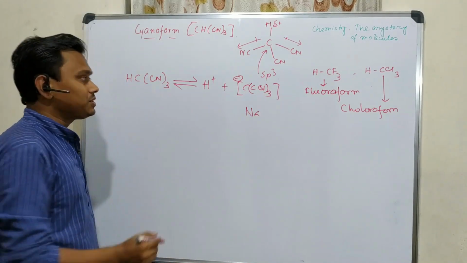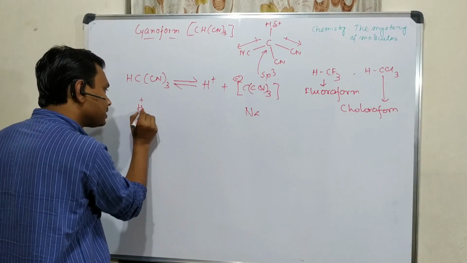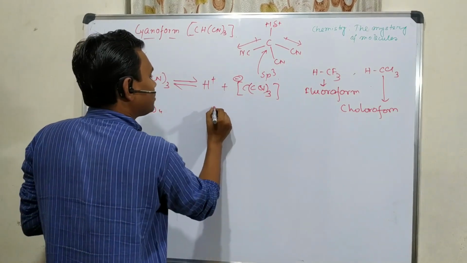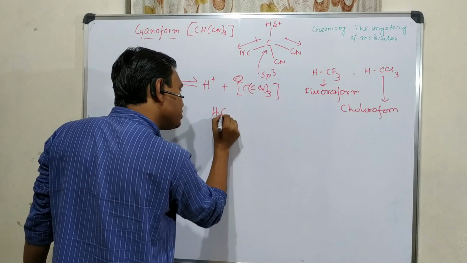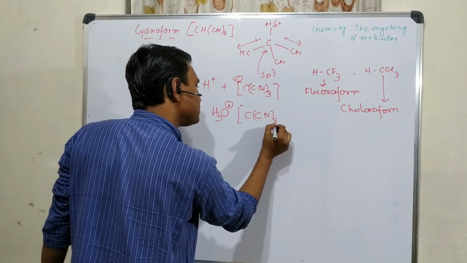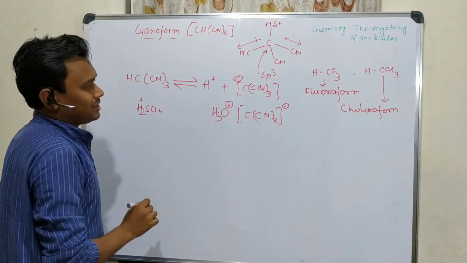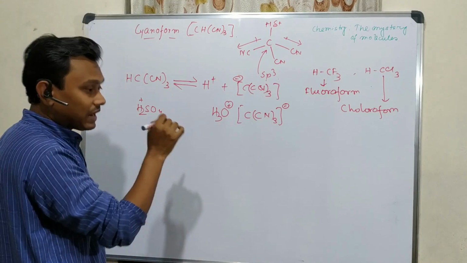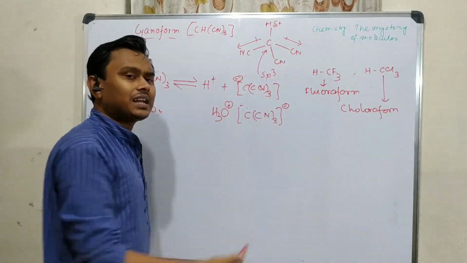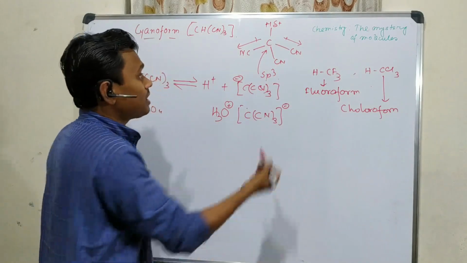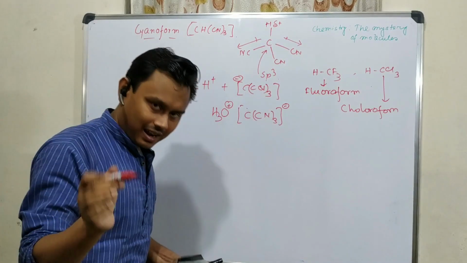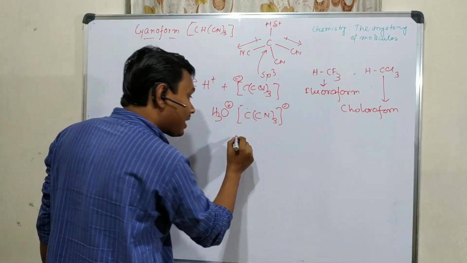And in the reaction with sulfuric acid, you have observed what is actually produced. This produces H3O+ C(CN)3-. Okay, it's a salt. Now, before getting the insight, see, it's a carbanion actually. Cyanide is a group which is covalently attached to carbon, so its charge is balanced. Actually, the negative charge is on carbon, but it is delocalized over the cyanide groups. I'll explain. So it is actually a carbanion.